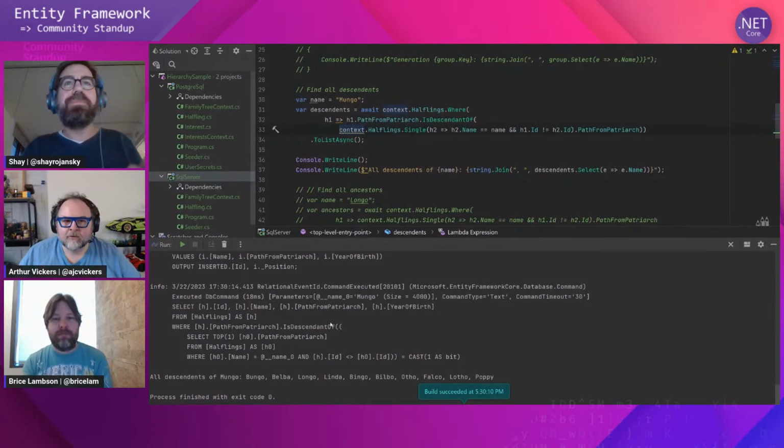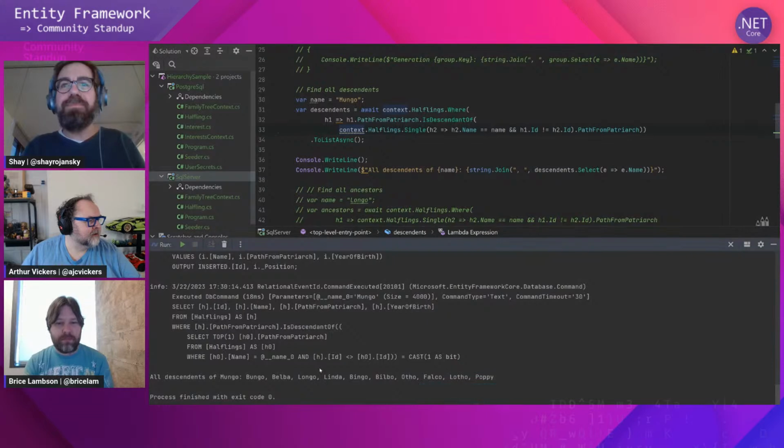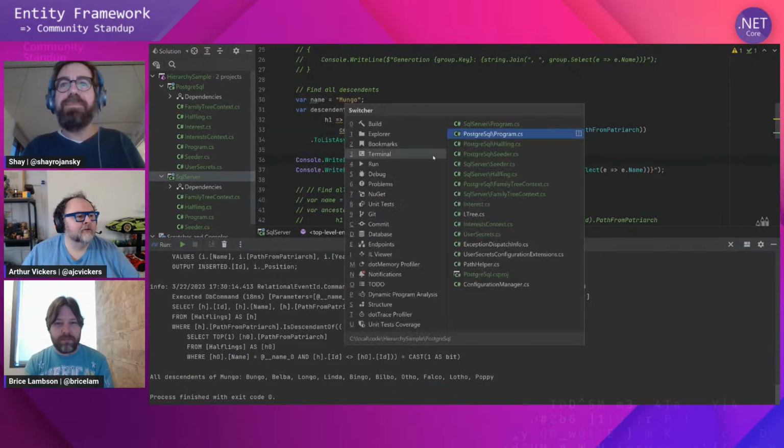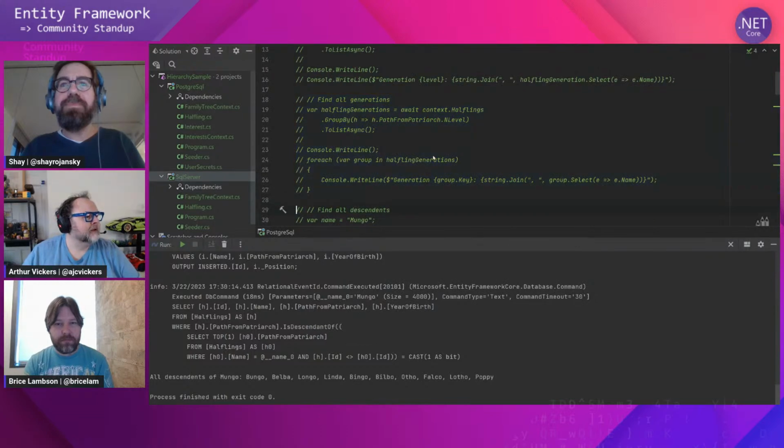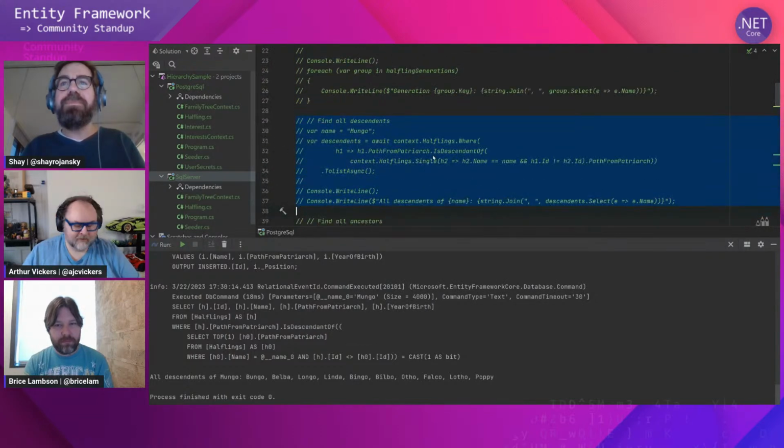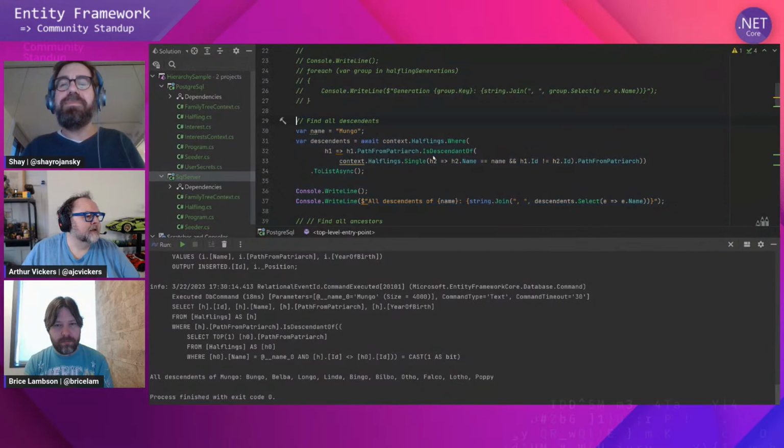In some of the examples in the What's New, I've done some ordering there. But basically it's just calling this function IsDescendantOf. And if we go to Postgres, we have essentially the same thing here. In fact, the method is even called the same, IsDescendantOf, so that looks basically the same. And if I run it,